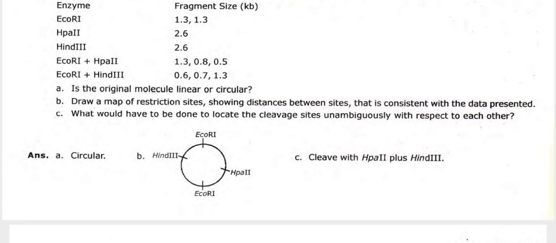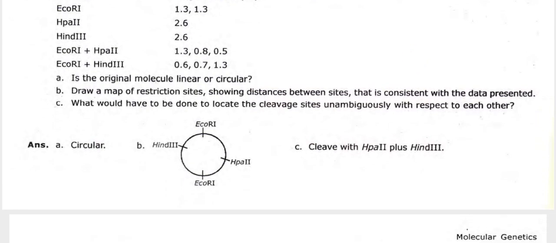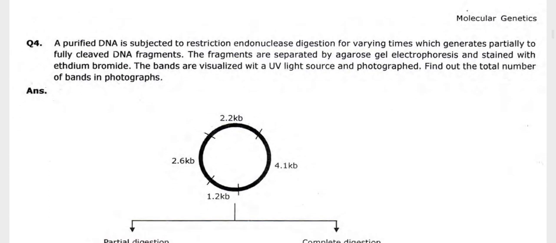What would have to be done to locate the cleavage sites unambiguously with respect to each other? Circular. It's like this. Cleave with HpaII plus HindIII. A purified DNA is subjected to restriction endonuclease digestion for varying times and it generates partially to